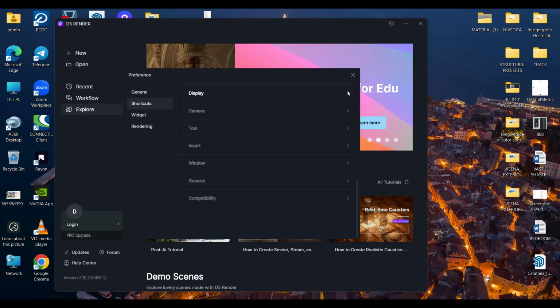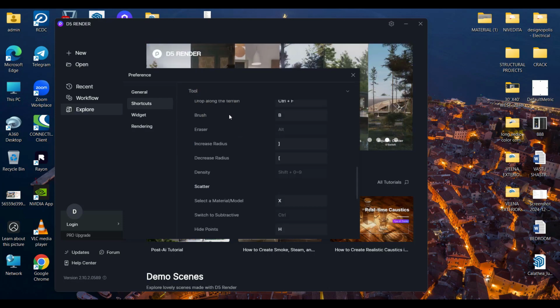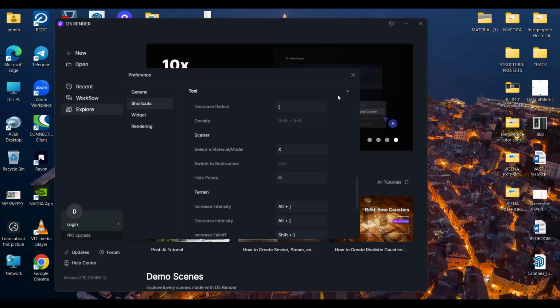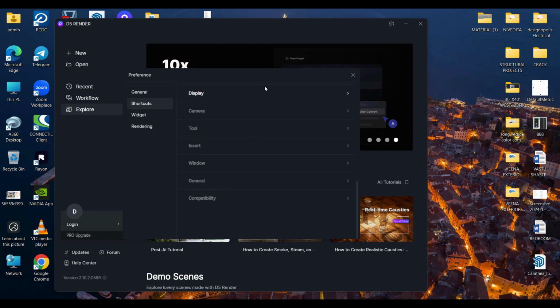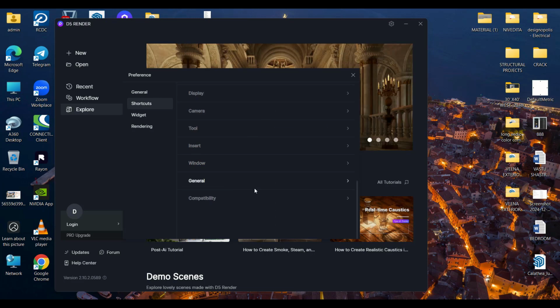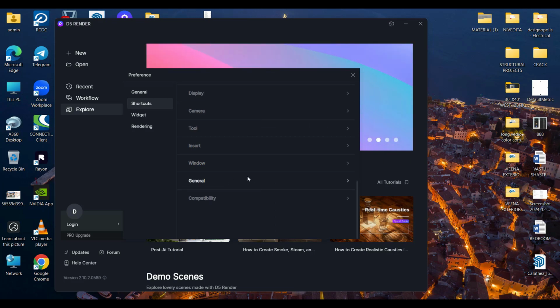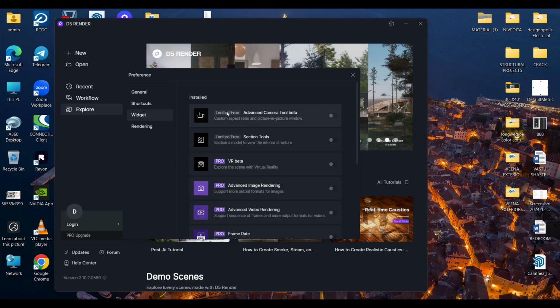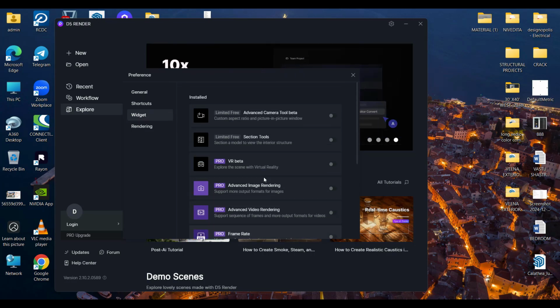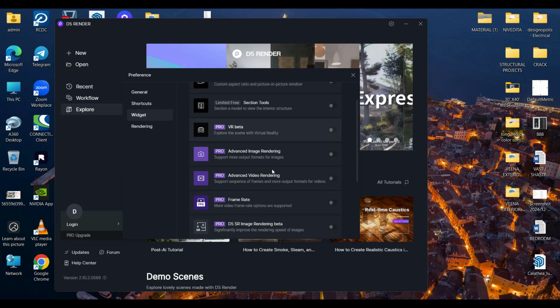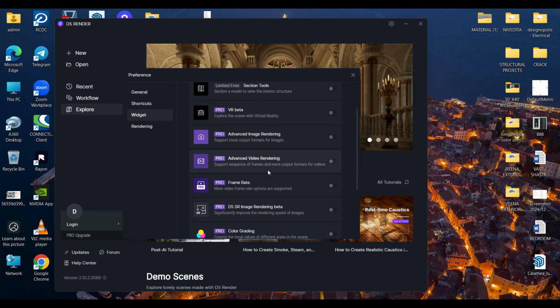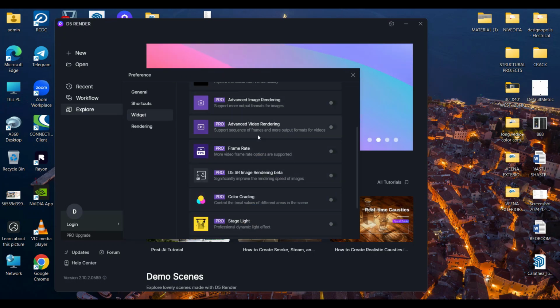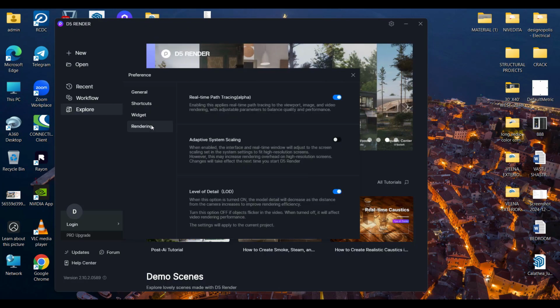So we have different kinds of shortcuts. In order to get to know them, you just click on these options and go through the shortcuts in order to increase the speed of your workability. Then you click on the widget option. What are the icons we have in the free version and what are the services we get in the pro version? All of that you get to know here in the widget option.